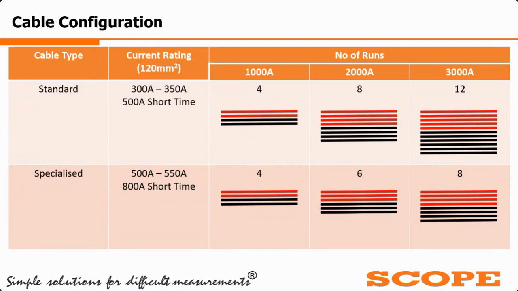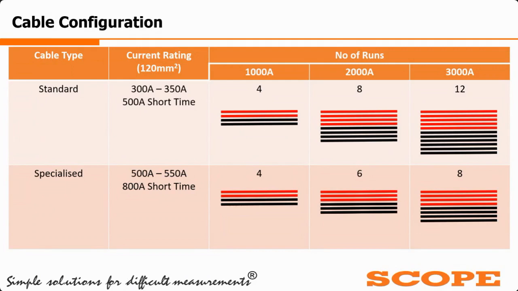For 2000 ampere, 800 ampere into 3, that is 2400 ampere we can inject. So for that we require 3 cables in a single run. If we consider 2 runs, we require 3 plus 3, that is 6 cables. So here you can see in the standard type of cable, for 2000 ampere injection we require 8 cables, but in the specialized cable type we require only 6 cables. So here we have reduced 2 cables; the weight of that cable we will see in the upcoming slide. So directly we have reduced the requirement by 2 cables here.